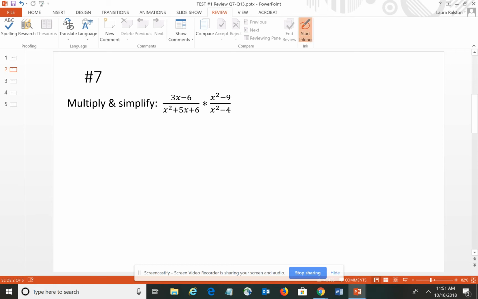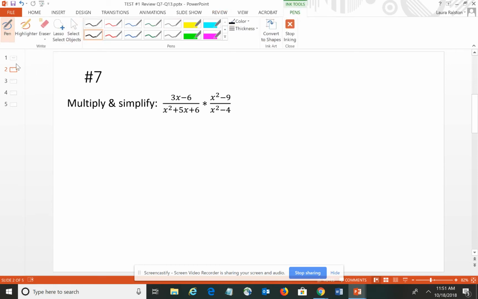To multiply rational expressions, we normally multiply the numerators and multiply the denominators. But it really helps us if we try to simplify it first. So I would actually write this as simplify and multiply. So to simplify, I need to factor all of the pieces in the rational expression. So if I begin with the first rational expression in the numerator,